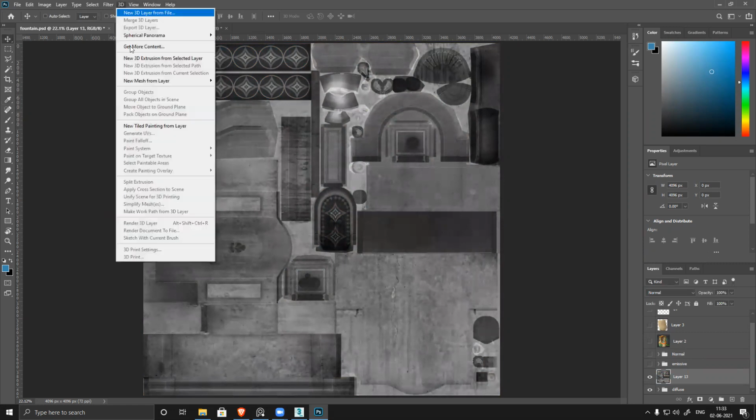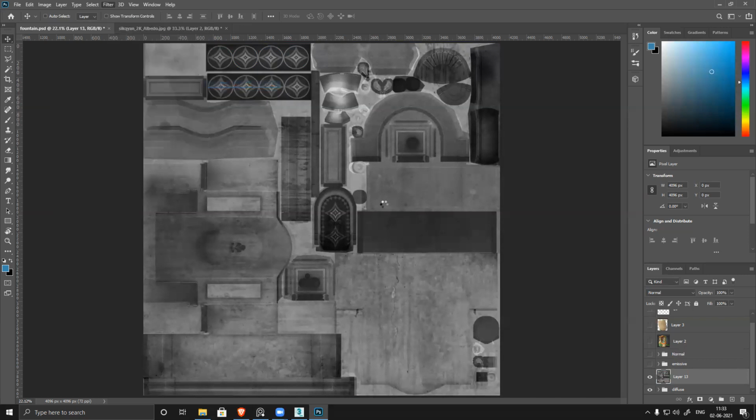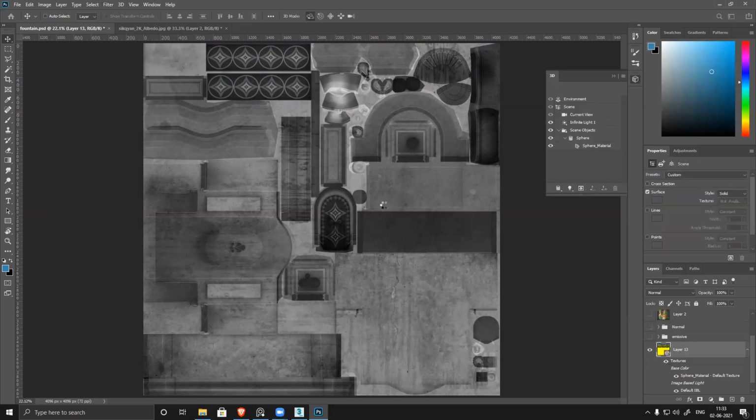This, and then go to filter, 3D. You can see generate normal map. Let's see, I've never tried this one, height map. Let's see, if I try it, what happens?